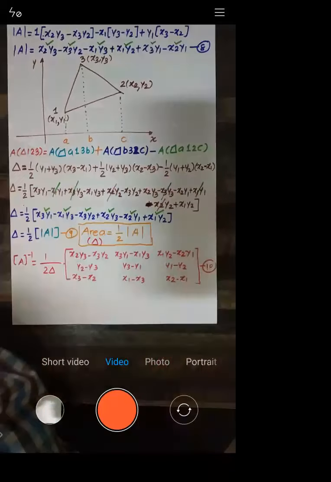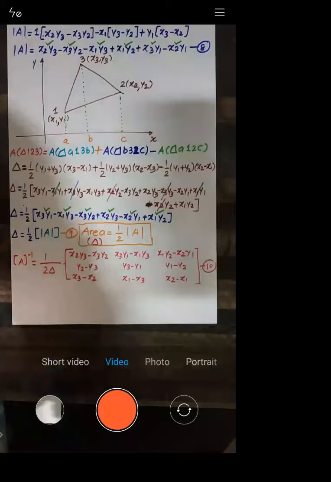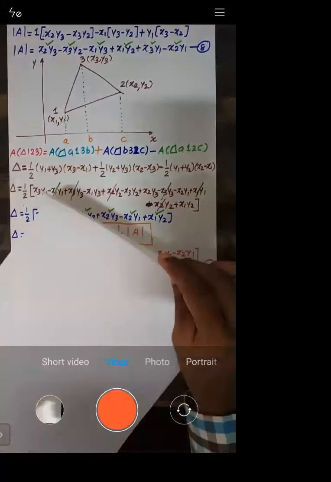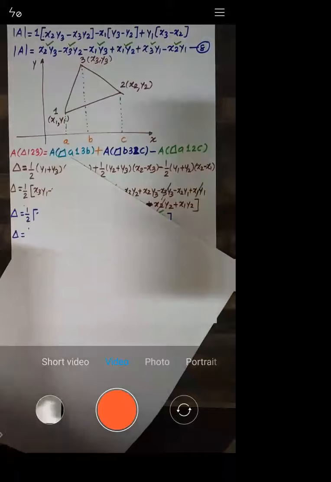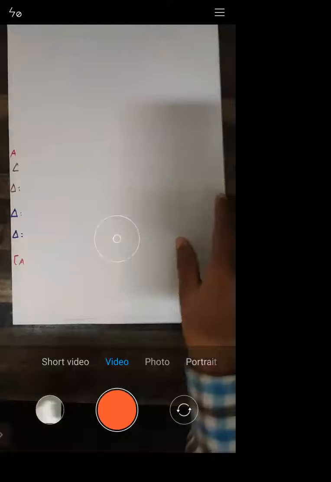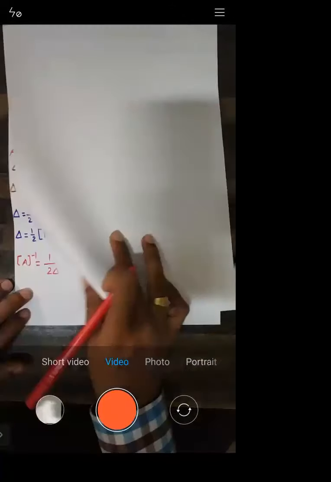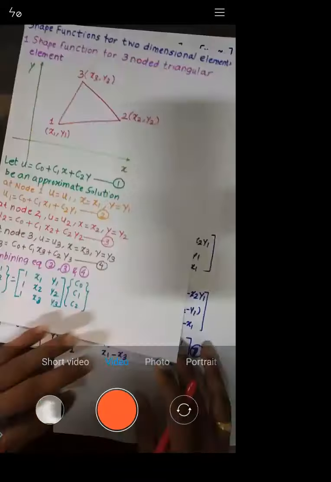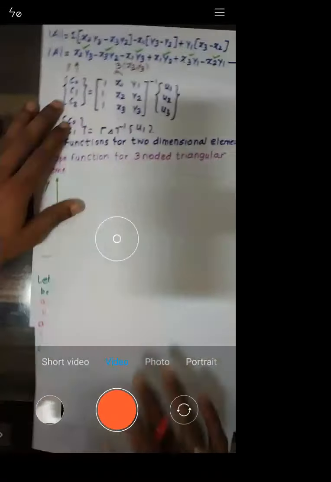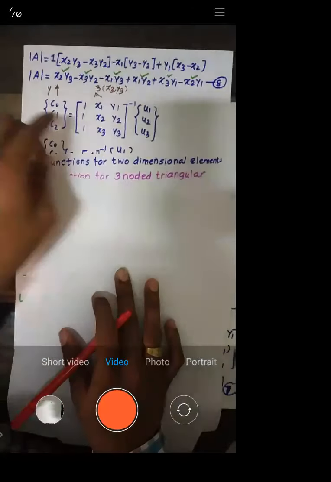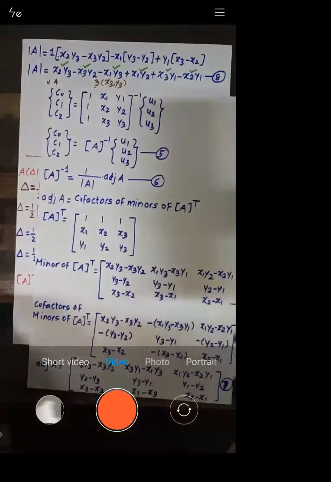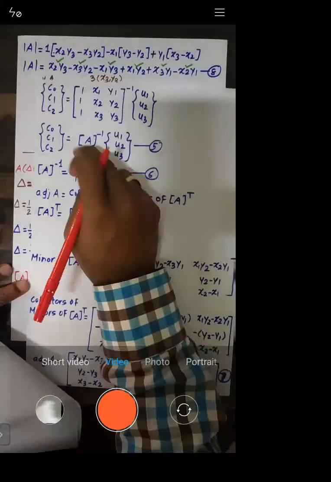Now we have the A inverse. So that A inverse, what we'll do is we will put it there. Let us put that value. See, all of you just see here. What we want, we need to calculate this. We'll put the value of A inverse here, so I'll just write down here now.